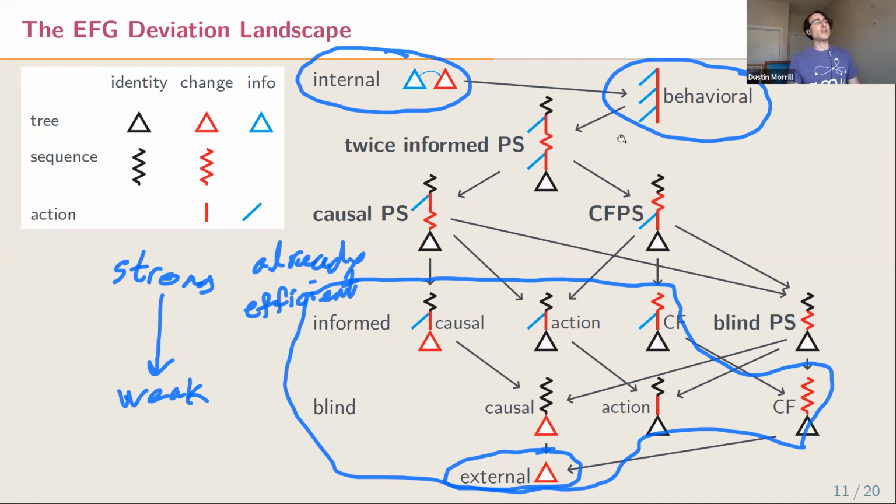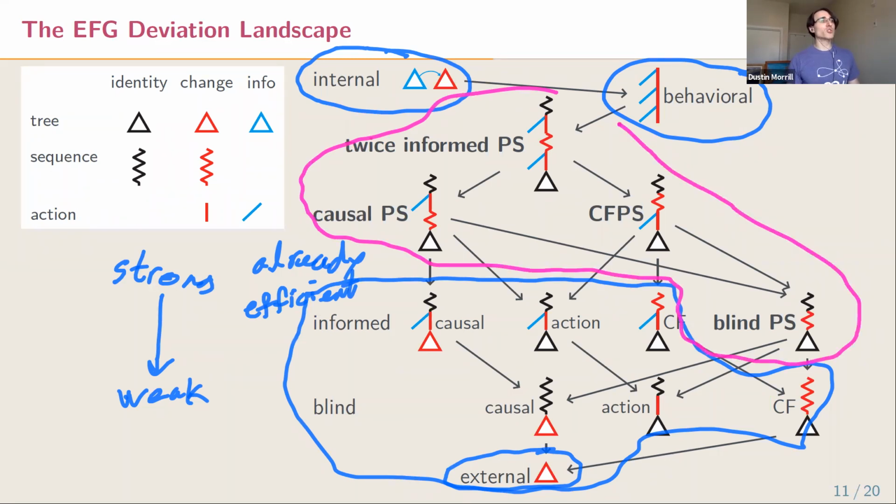And so we're able to change that actually with this set of deviations at the top of the figure, which we're calling partial sequence deviations. These are new classes of deviations that subsume all of the previously defined ones, and where we actually have an efficient algorithm for ensuring hindsight rationality with respect to them. And so the algorithm that does that is going to be the subject of the next part of the talk.